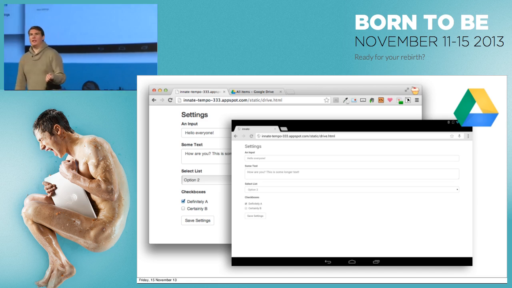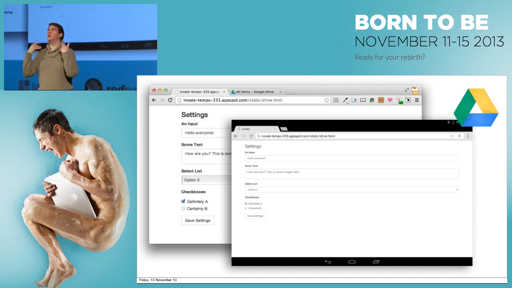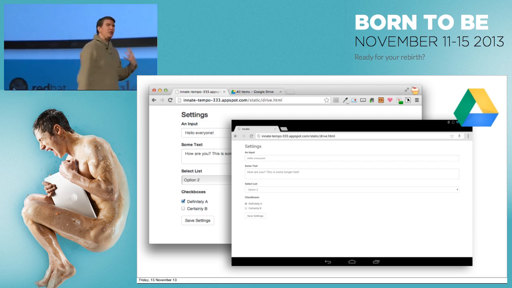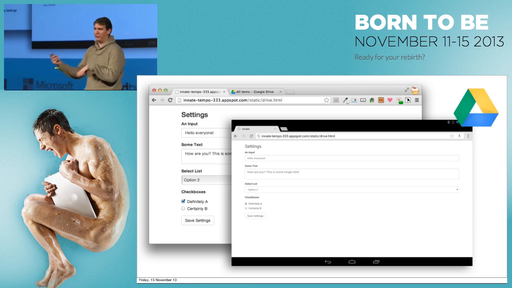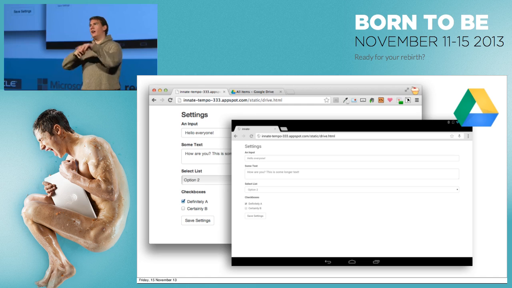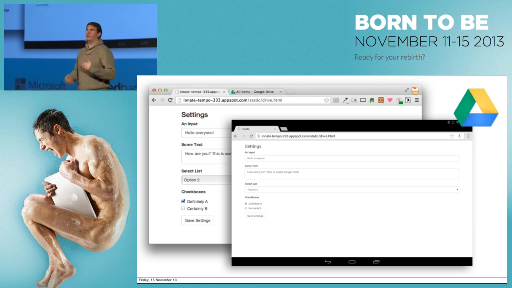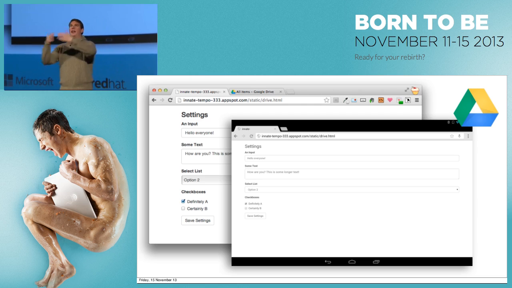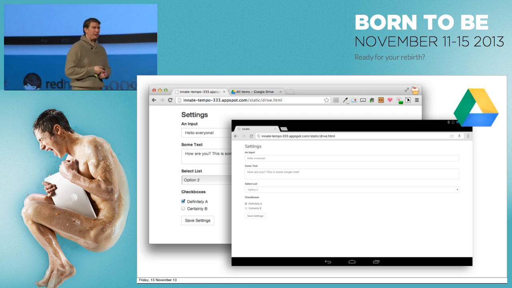So if you're building an application which has, I don't know, clients but no backend, and you want servers, but you don't want to stand those servers up, back them up and maintain them and all that, you just need somewhere to store some config, you can just request the Drive AppData scope. And here I've got a little form that's on Chrome on desktop and Chrome on Android. I filled in the form in one, saved it, loaded the page for the first time on Android, signed in, and I had that form data. It's not complicated. It's just some JSON being written to a file. But I can get that file on any platform where I have the identity. It's a clear reason for the user to sign in, and it means I don't have to worry about servers.